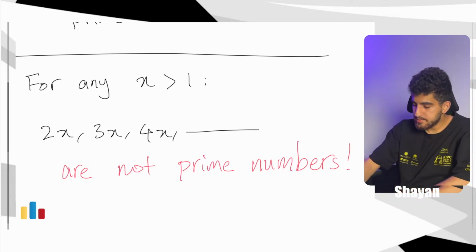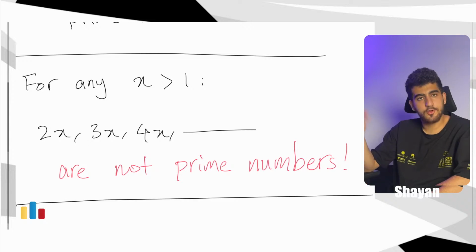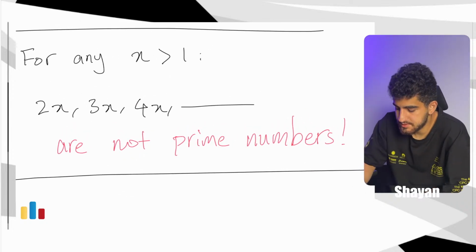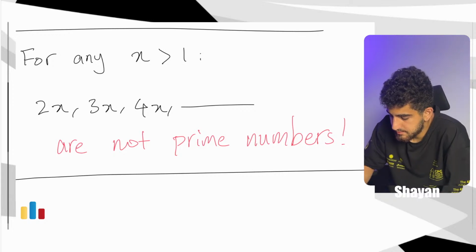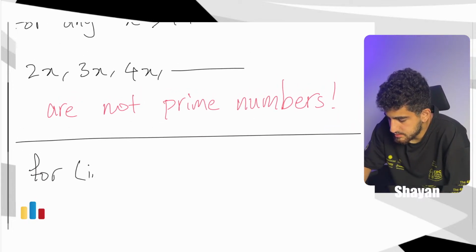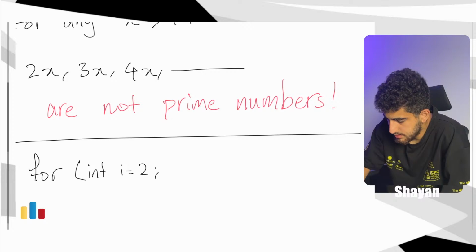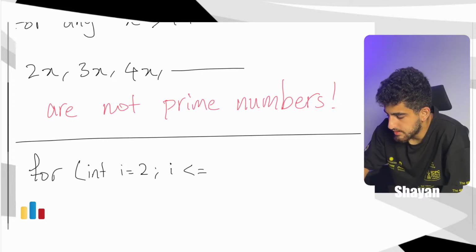So our idea is going to be like this. Let's do this, first show that it is correct, and then analyze what is going to be the time complexity of it. Assume that we have a for loop: int i equal to 2, i less than or equal to the input n, i plus plus.